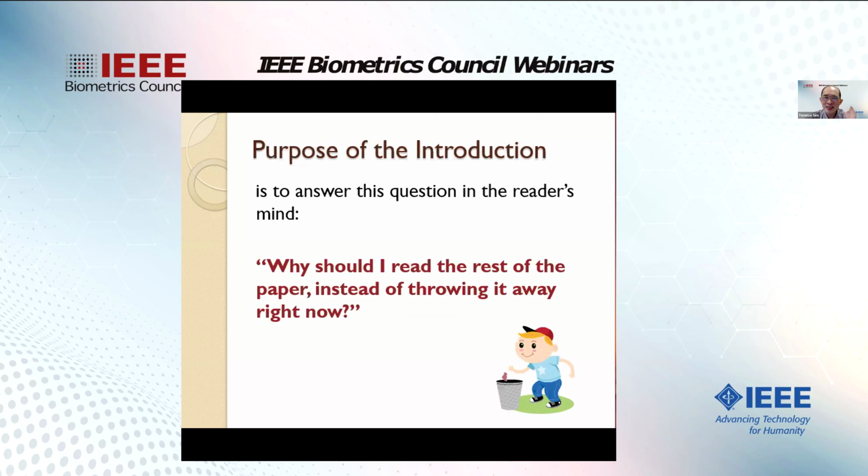The reader is reading your introduction, and if the introduction is not meeting the requirements, not doing its job, then the reader is very likely to crumple up that piece of paper and throw it away. Even if it's a PDF paper, but you know what I mean. So as a writer, I always keep this in mind: I need to convince the reader to keep on reading the rest of my paper. Don't stop here. That's my goal when I write the introduction.